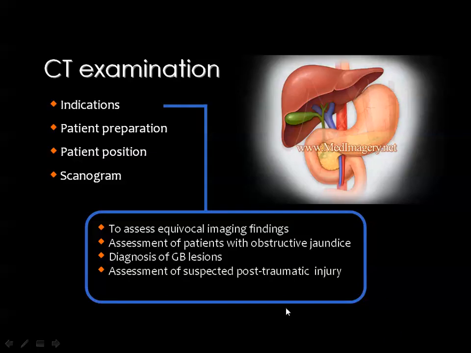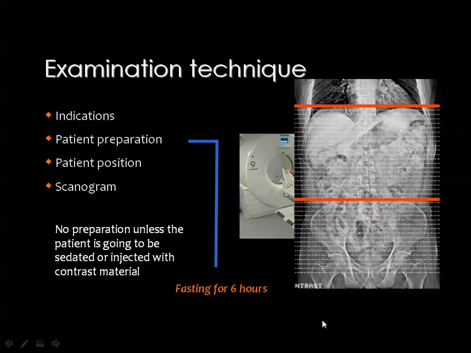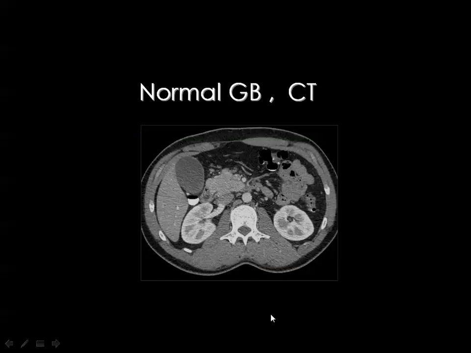But whenever we need the CT scan, we may do some preparations, such as giving the patient some oral contrast media, and we usually also need to inject the patient with intravenous contrast. The area of the gallbladder corresponds to the area of the liver as well, and we scan the abdomen from the level of the diaphragm to the level of the iliac crest, covering the area of the liver and the gallbladder. Then you can see that this is the cross-section CT scan after intravenous contrast injection, showing the normal